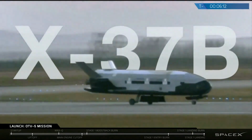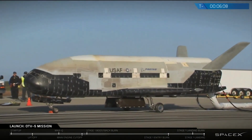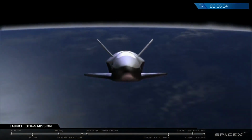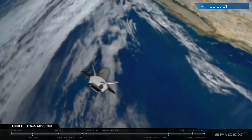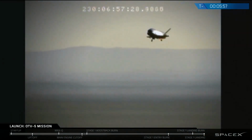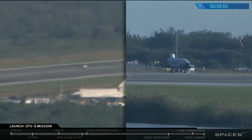The X-37B Orbital Test Vehicle, or OTV, is the nation's first unmanned spaceplane. Managed by the U.S. Air Force Rapid Capabilities Office, the Boeing-built X-37B is a highly flexible testbed platform for a variety of on-orbit demonstrations. This reusable system allows hosted experiments to be returned, inspected, modified, and flown again at dramatically